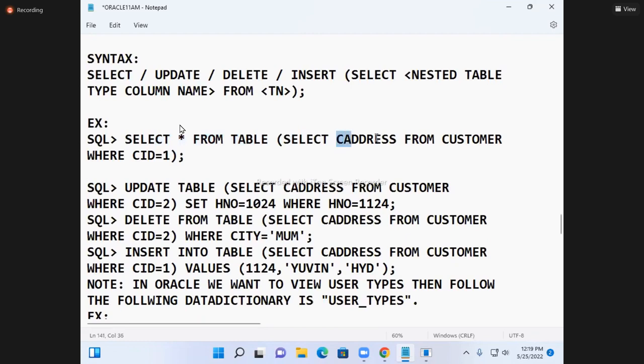Select C address. C address means what now? Last table column, yes or no? Table type column from customer. Which customer ID do you want to retrieve? Customer ID 1 address is retrieving. So customer 1 address is retrieved from your customer table, from your nested table, and the nested table data we are